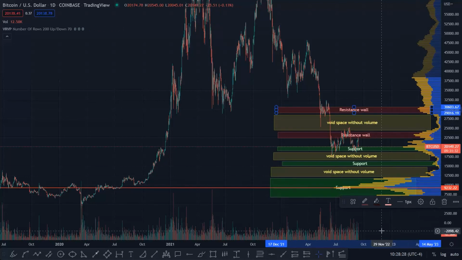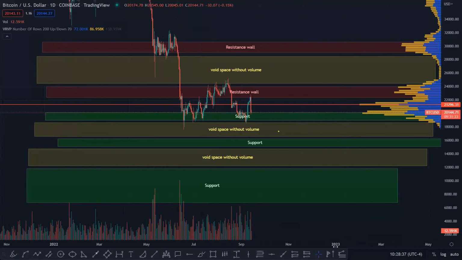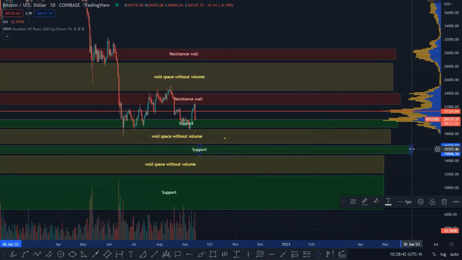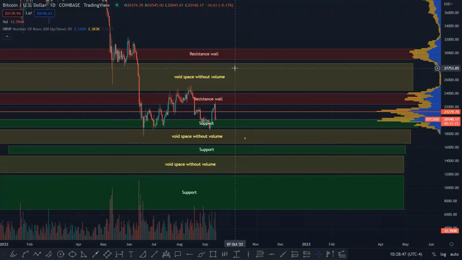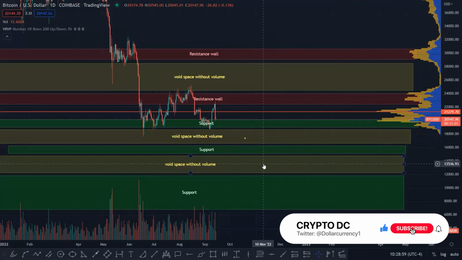Okay, so I'm gonna talk about what's gonna happen. So I'm zooming a little bit here, and I want to explain how we can analyze based on the VRVP. As you can see, we have a lot of support, void space, and resistance wall. Okay, where you had support or resistance, pretty simple, price wanted to show a reaction. But where you had the void space, it acts as an elevator. Yeah? For example,